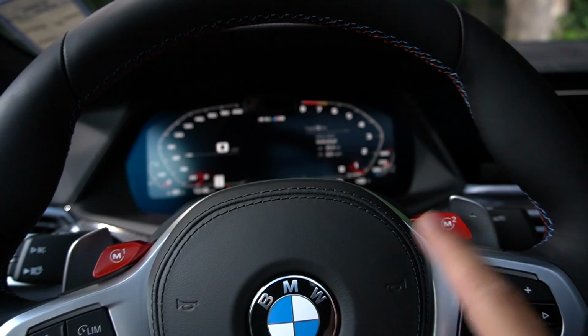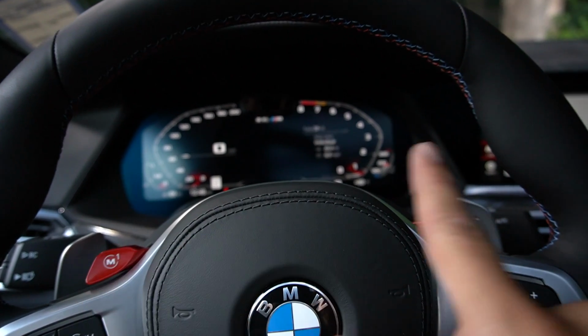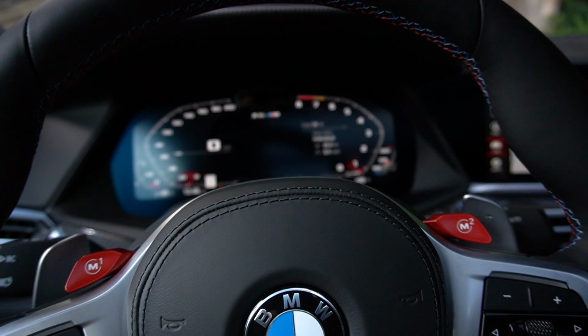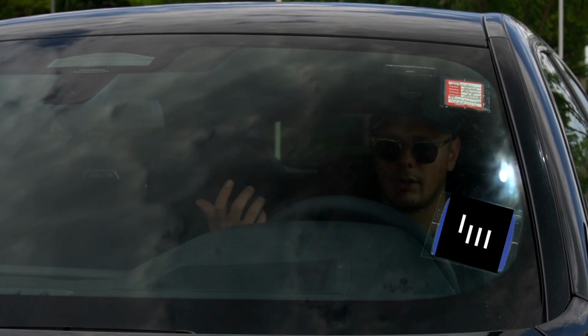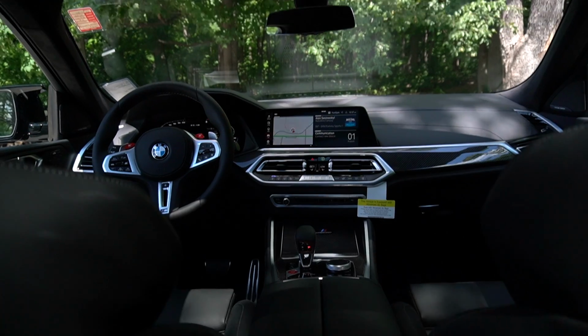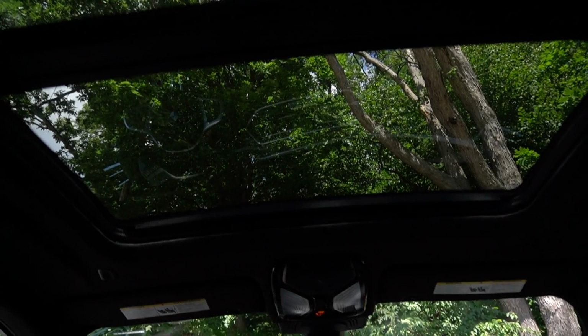I did forget to mention that the steering wheel comes with its own custom M1 and M2 buttons, so you can have a really aggressive setting and a more calm setting, and then you can program your shortcuts, which is really nice. You do have sunshades in the back, you have ambient lighting, you have a pretty big panoramic roof, and